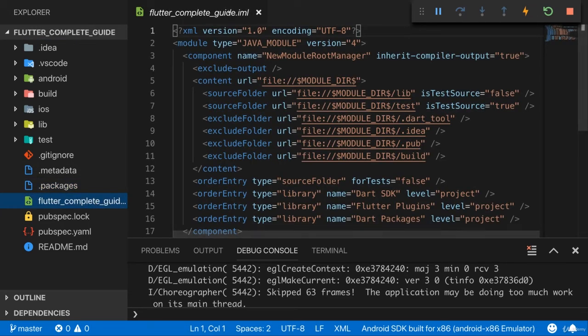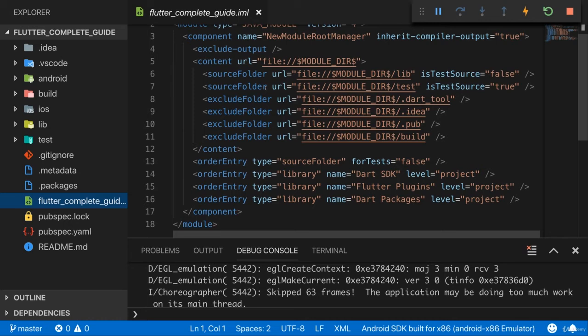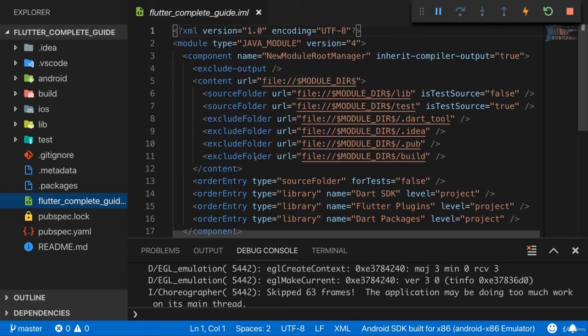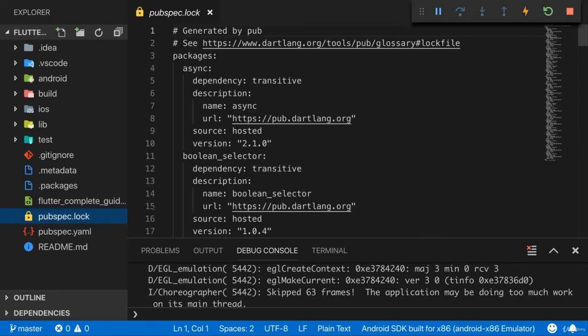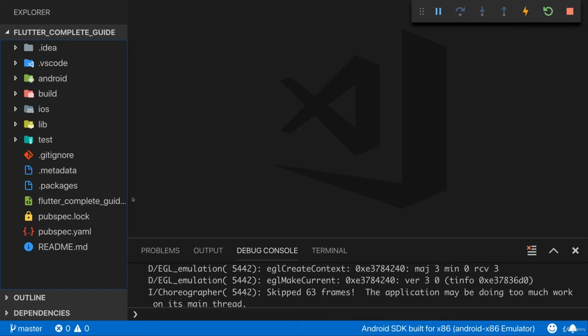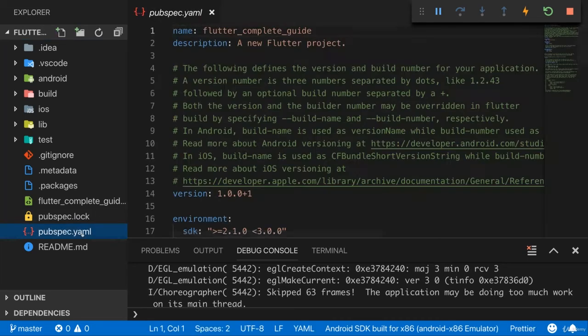This file here, this .iml file, which has your project name as a name, is also a file where we will not work in. It's also managed automatically by the Flutter SDK to, again, manage some internal dependencies and some settings for this project, you could say. And it's not a file which we will change. Now, the pubspec.lock file is also not a file we'll work in, and it becomes clearer once we understand the pubspec.yaml file, which is a file in which we will work.